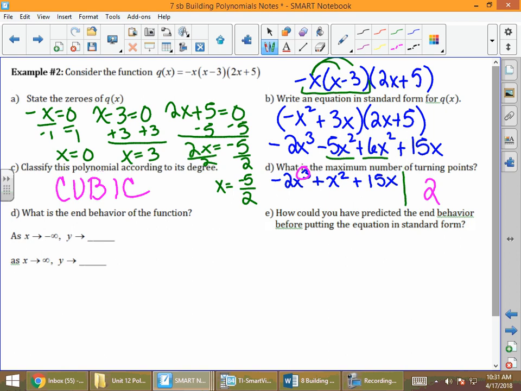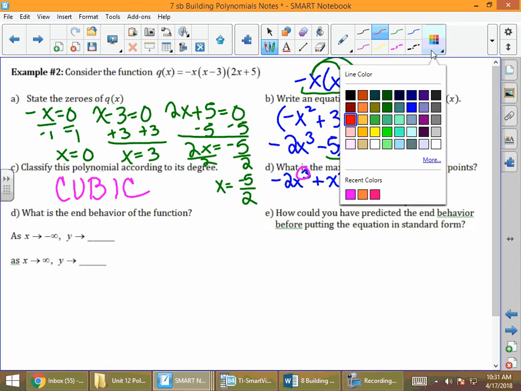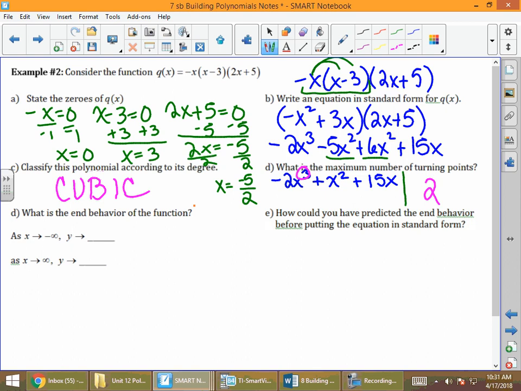In terms of end behavior, even though I'm not spending the time to type it in my calculator, you could spend the time to type it in your calculator if you do not know the answer to this one. But once again, when we look at this, I like to look at it from the perspective of the leading coefficient. And the leading coefficient in this particular problem is negative. And in fact, how could we have predicted the end behavior? That's what I'm doing. I'm predicting the end behavior because